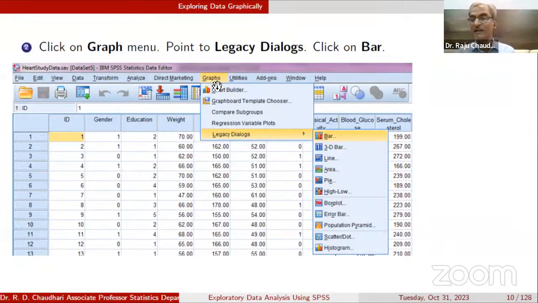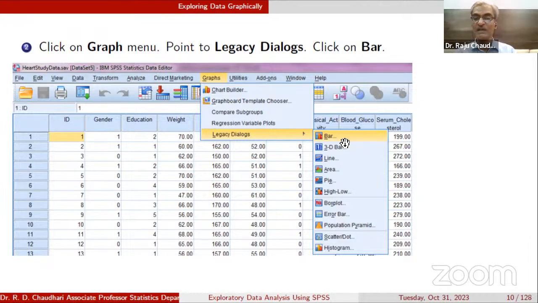We have one menu, that is Graphs. It is specifically devoted only to visualization, right? So the first option is Chart Builder, and the last option is Legacy Dialogs, right? Usually we prefer this legacy dialog because it is very easy, right? We can also use Chart Builder. In Chart Builder, we have to drag and drop the variables onto the particular chart. Okay. So here we click on Graphs, then Legacy, and the first option,